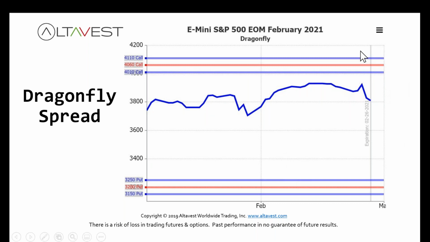So let's look at our calls. You sell 4, you buy 3 further out of the money, and then 1 closer to the money. And the same with the puts. You sell 4, you buy 3 further out of the money, and then 1 closer to the money. And I'll point out here that the put and the call that you buy,